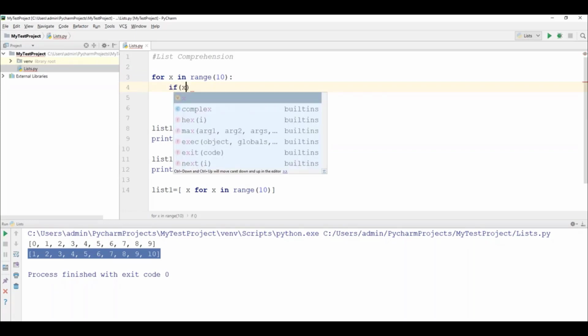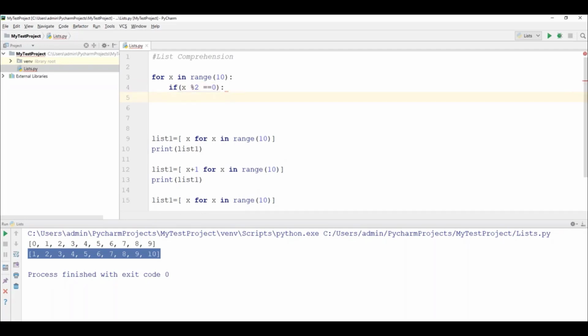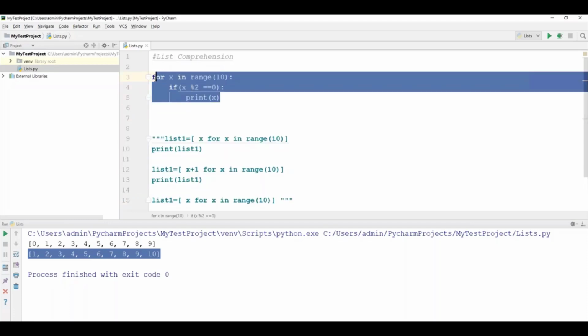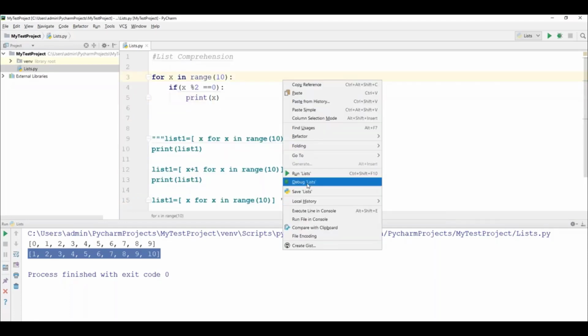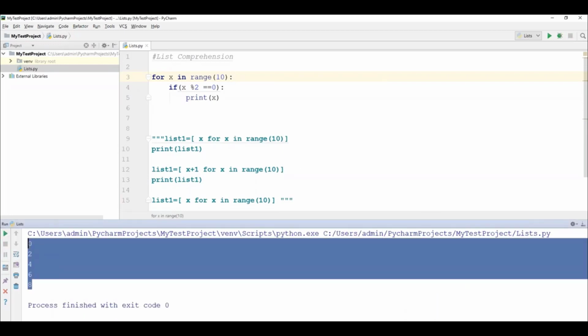If x modulo 2 equals 0, this will be considered an even number, and then I will print just the x value. This is how we need to write. So let me comment this part for now, using multiple lines in the double quotes. Now I have commented this much code. Let's observe what this will return. When I run this code, it will print only even numbers between 0 to 10.